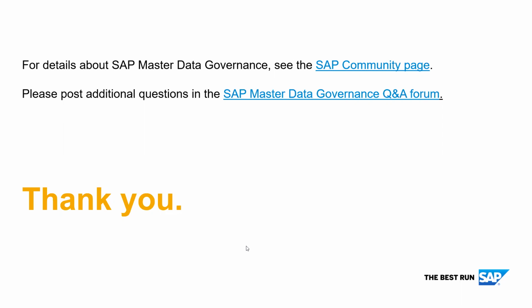Let's have a look. What is the difference between mass processing and mass maintenance? It's not directly related to this functionality, but in general, I can give you an answer here. Mass maintenance is not part of the MDG license, it's part of the S4 license. It's a similar application. The mass processing you will get if you buy an MDG license for a specific domain. And the main difference is that for mass maintenance, you have no configuration capabilities. You cannot create any template. You cannot make any configuration inside a process. You cannot